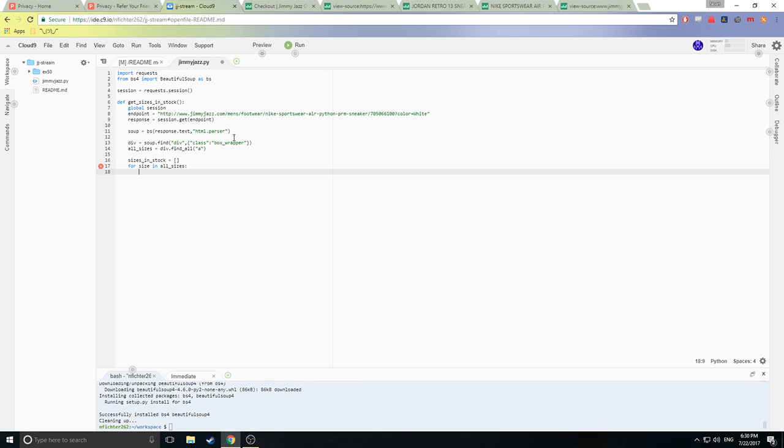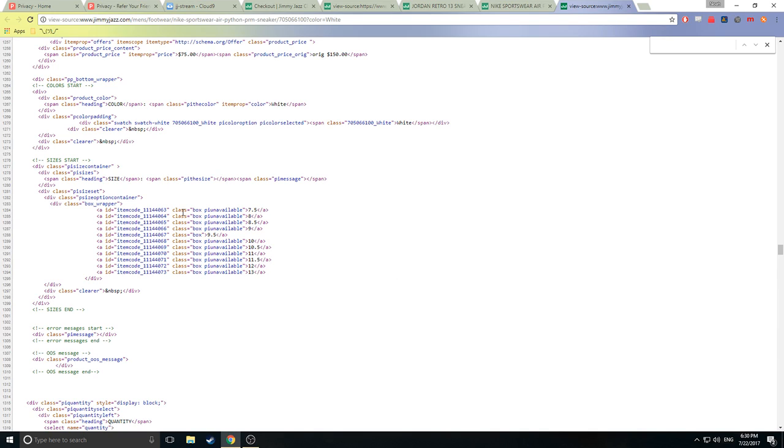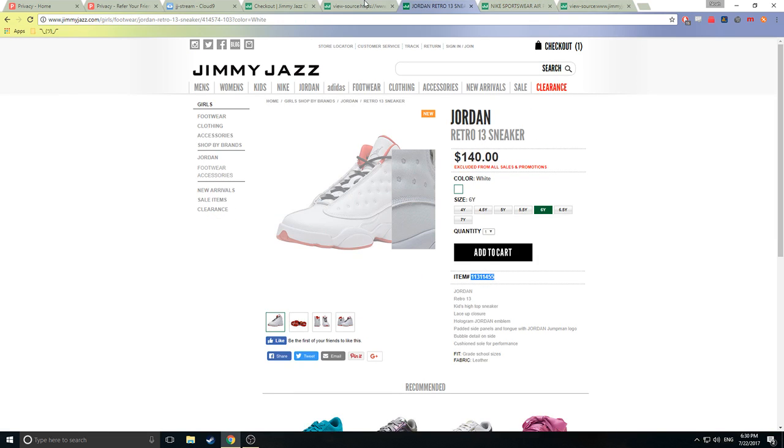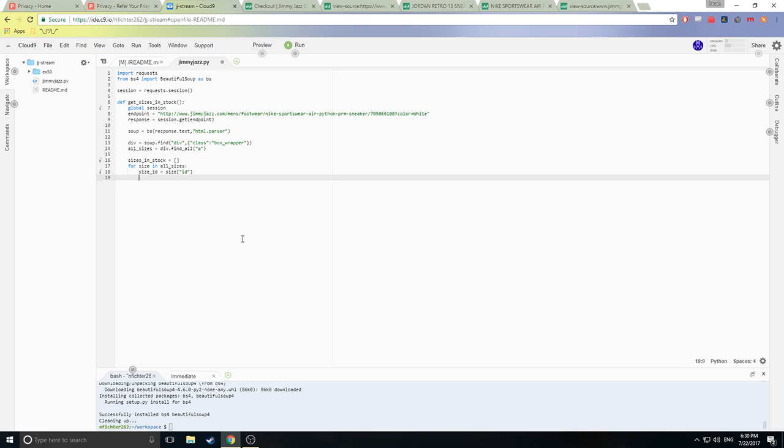And we can say that the size ID is simply size sub ID. So here we're going to have our size is this whole tag, and our ID is this, right? But we don't want all of this, we just want this part after the underscore. So we're going to do sizes in stock dot append size ID